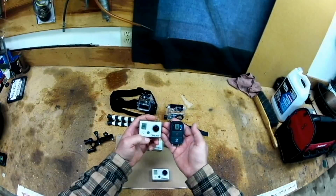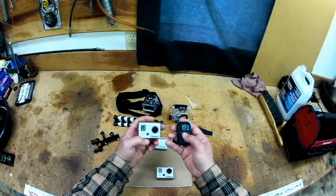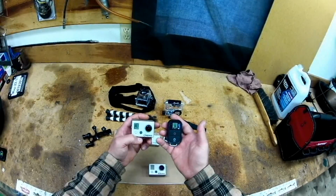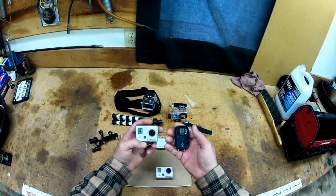Maybe that only works with the HD. Anyway, you can switch different modes. You can record. I really thought I could do that with that. Maybe I didn't set something up right between the old HD and the...